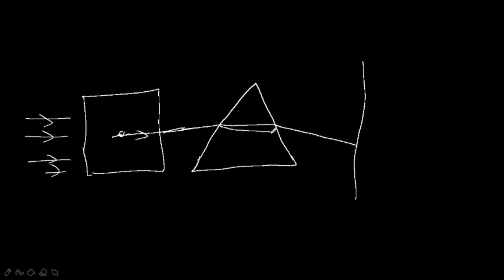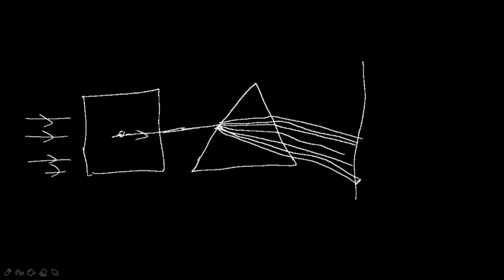So 1, 2, 3, then 4, like this. In total we will observe 7 colors. How many have I written here? 2, 3, then we still need 2. Okay, I will write like this only. The colors we will observe are violet, indigo, blue, green, yellow, orange, red. Clear? So it looks like a rainbow.